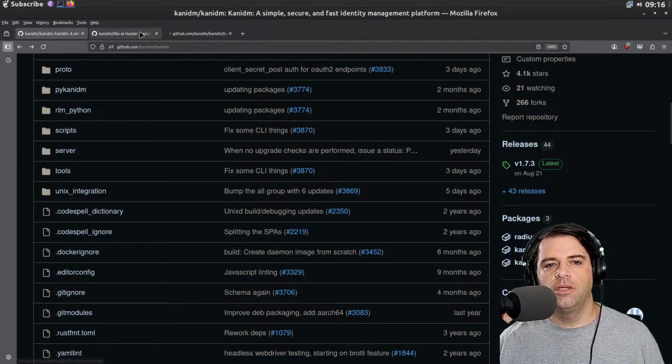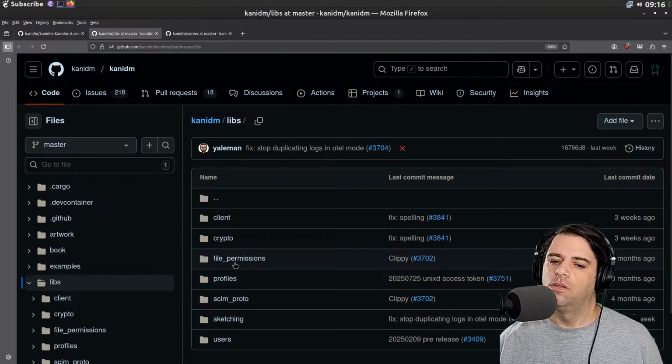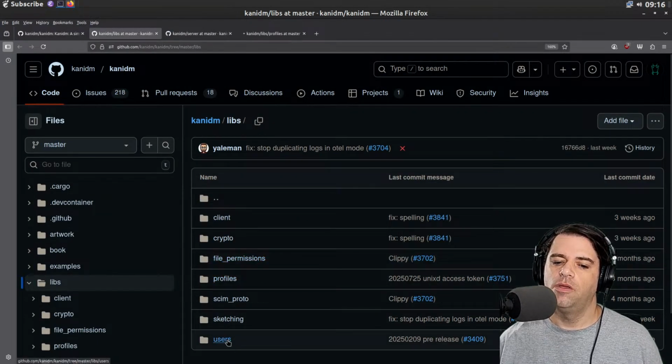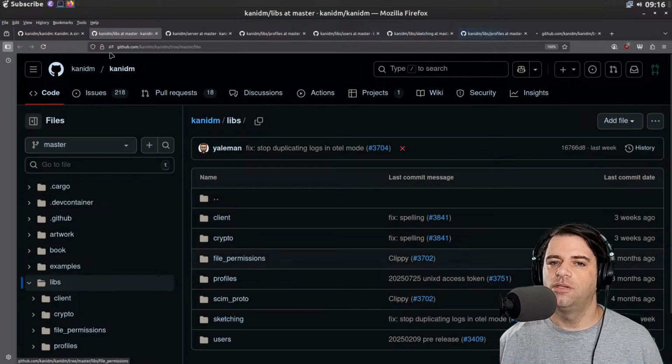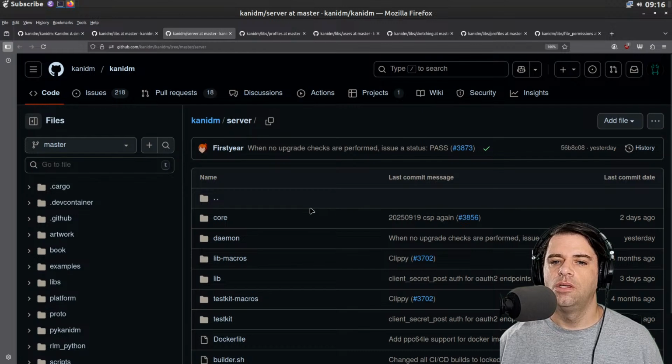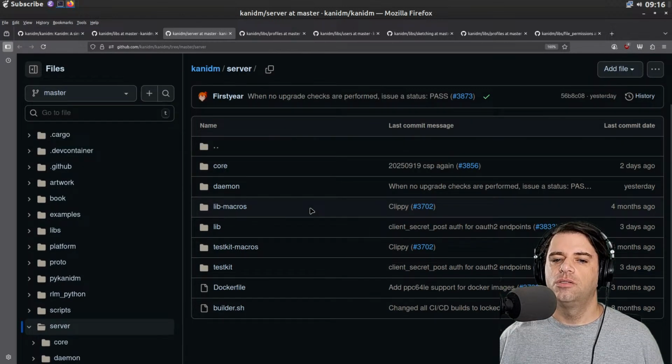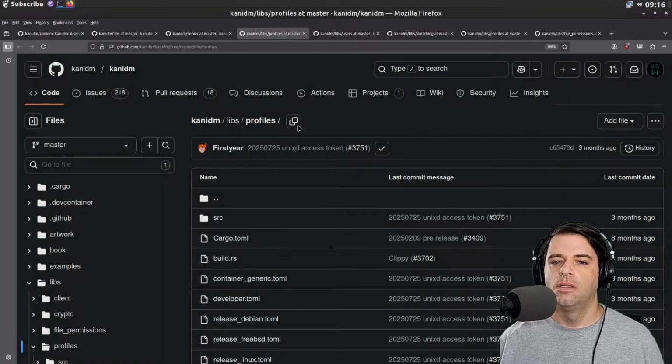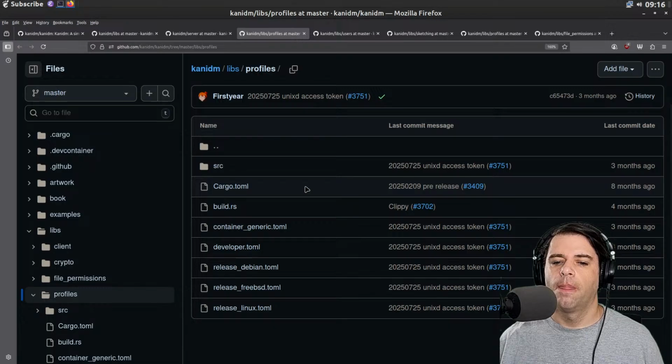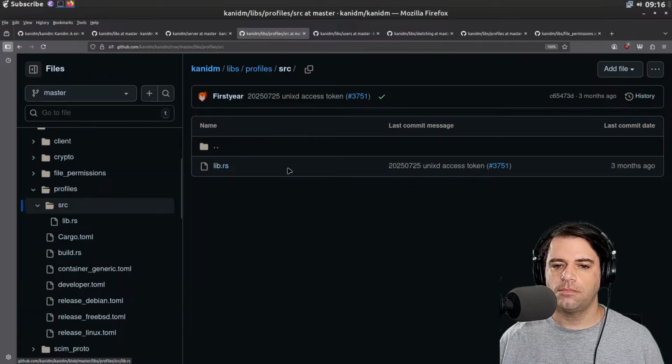Okay, so the libs library doesn't look so big. Maybe users. I don't know what sketching is. Or profiles, or file permissions, I think is probably not so huge. Servers, reasonably big. Profiles. We have source, lib.rs, so small.